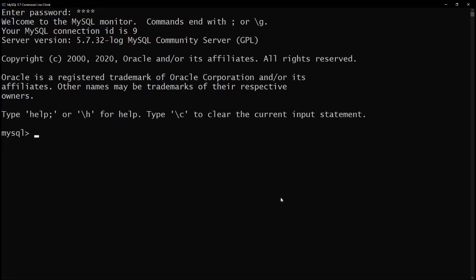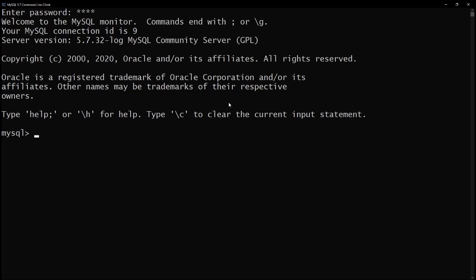Create a table in SQL. What you see on the screen is the terminal of MySQL. As we have already learned, MySQL is a query language used for RDBMS. We can create tables, insert values, and execute simple queries. So the first step towards learning MySQL is to create a table.